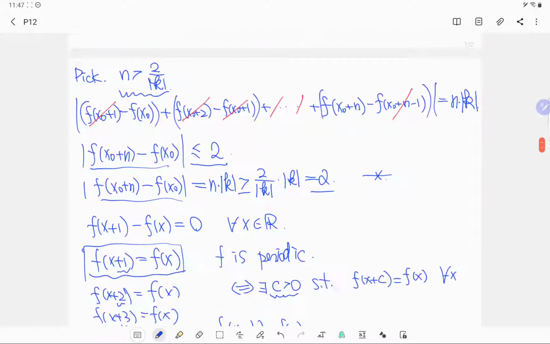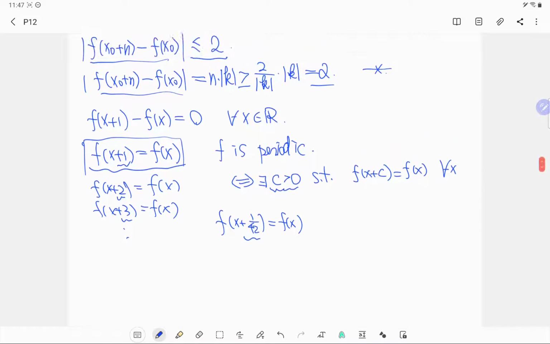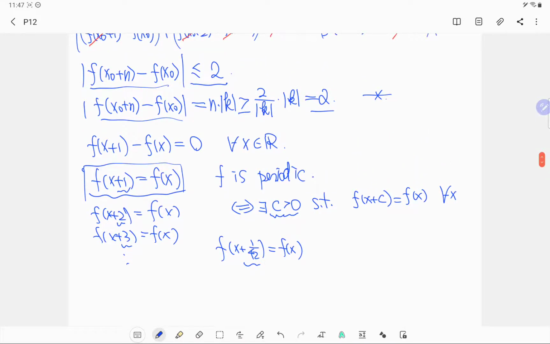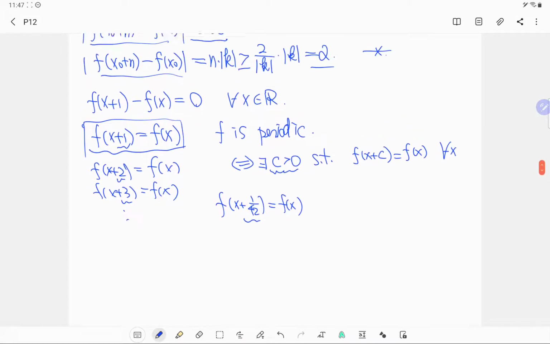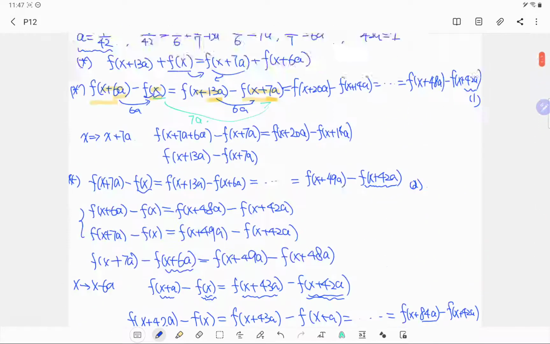So it will all be satisfied, which means that 42 is a sufficient condition, and 1 is the necessary condition. But we don't know the exact real number unless you can construct a function with period 1 which also satisfies this